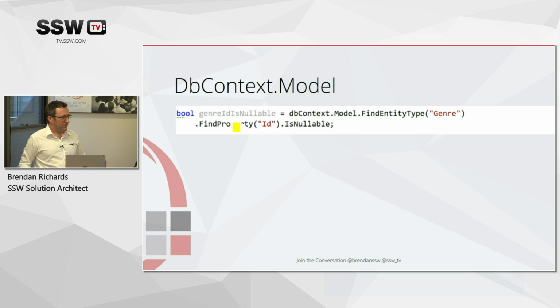Whichever one of those you use, you would set up the configuration, it would go into a kind of black box and you wouldn't really see it again, and you have to just look at the behaviour of the system coming out to work out what's going on. So with this, you get the ability to actually query your model structure, find stuff about your entities, and find out, okay, this property, is it nullable? I don't like that here you've got magic strings, but I think that's just a bit of syntactic sugar they need to put on.